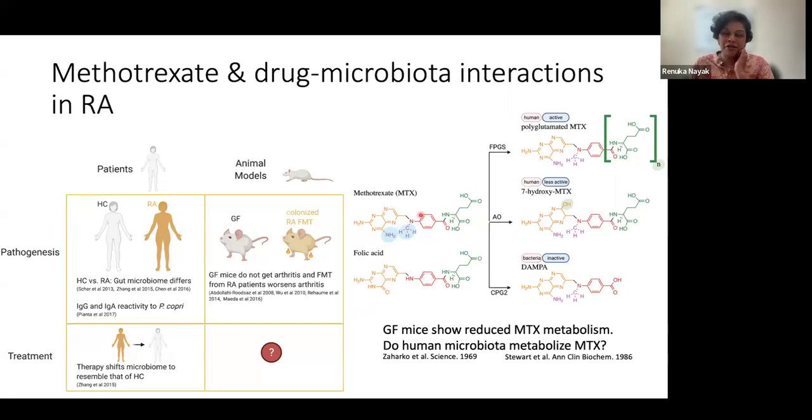And so both of these compounds undergo the following metabolic transformations. In humans, we have two enzymes, FPGS and aldehyde oxidase. FPGS will add additional glutamates, indicated here by this little subscript n, to convert methotrexate into a polyglutamated methotrexate. And that's actually the active form of the drug. I didn't know that at the time until I started studying methotrexate more. But this is the active form of the drug.